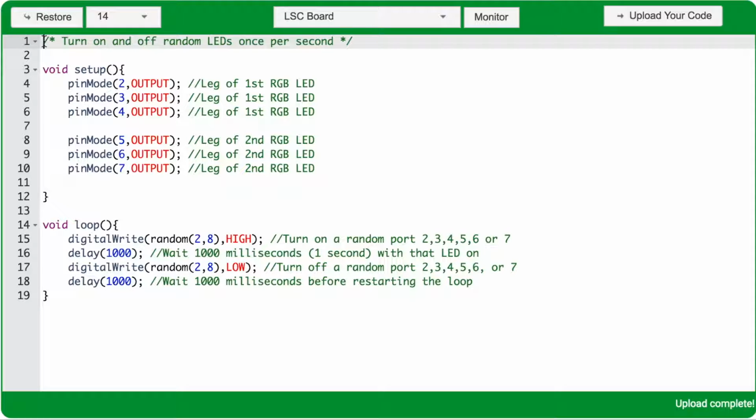In this program, you'll use two RGB LEDs and let the random function decide which ones blink on and off in the void loop. In the void setup function, use the pinMode function 6 times to set up the legs of the RGB LEDs. I included a blank line in my program on line 7, so it's easier for me to see where I set up the first RGB LED on ports 2, 3, 4, and where I set up the second one on